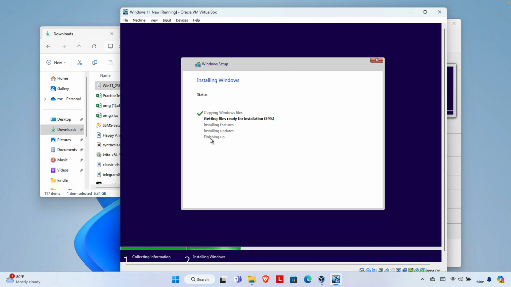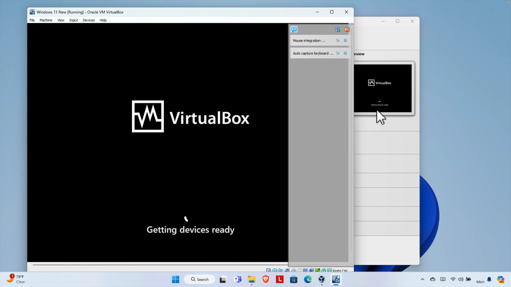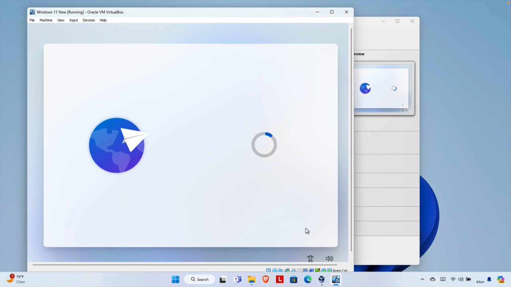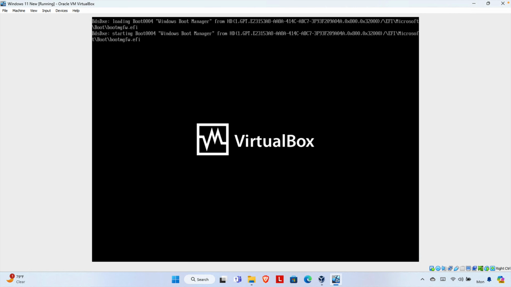Once everything is finished, it will reboot the system, and once rebooted, we'll find this type of screen. In between this time, your computer might reboot a couple of times. Don't panic, it's regular and normal. Your Windows 11 will be installed shortly, and very soon you need to put in some other information to configure your Windows properly. Once your system is rebooted, you need to select the keyboard layout, like US keyboard layout, and